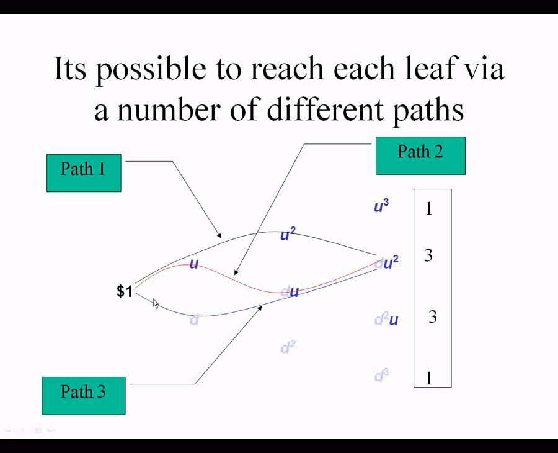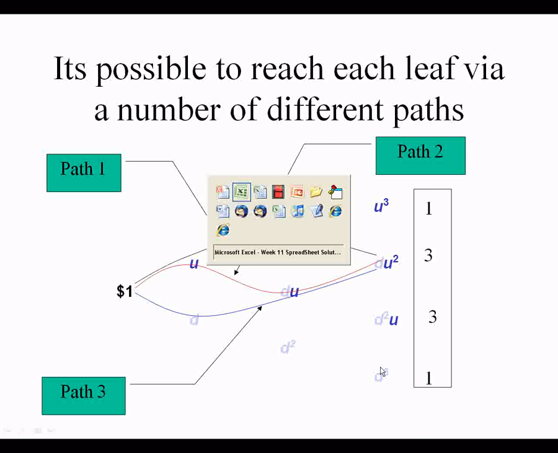Of course, there are a number of different paths to each leaf. Here you can see 3 different paths to this intermediate leaf, this middle leaf. You can go up, up, and then down. You can go up, down, and up, or you can go down, up, and up in blue. There are 3 paths to this leaf, and 1 path to this leaf, up, up, and up, and 1 path to this leaf, down, down, and down. So this information is